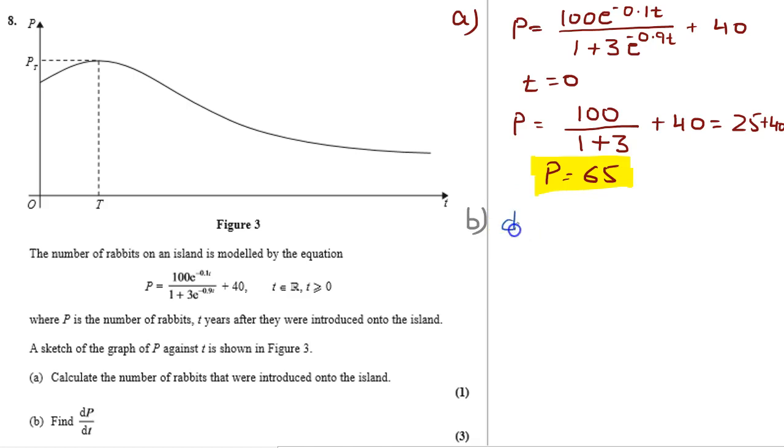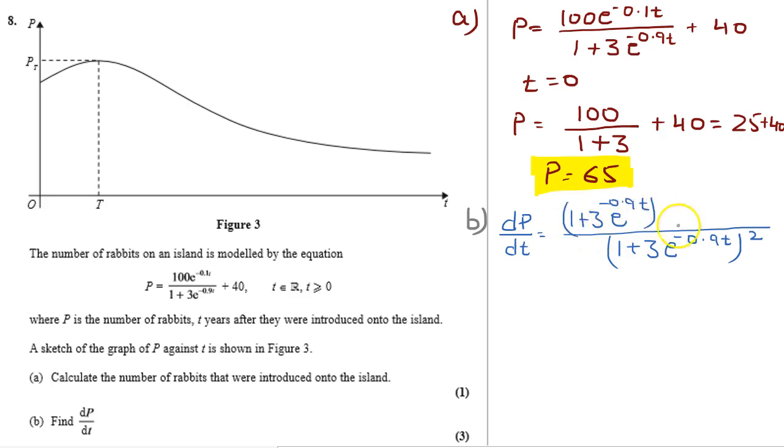Part B is to find dP over dt. So that is over 1 plus 3 e to the power minus 0.9t, squared, and 1 plus 3 e to the power minus 0.9t, multiplied by the differential of 100 e to the power. So this is, so it will be